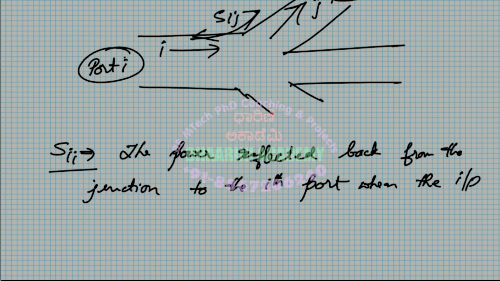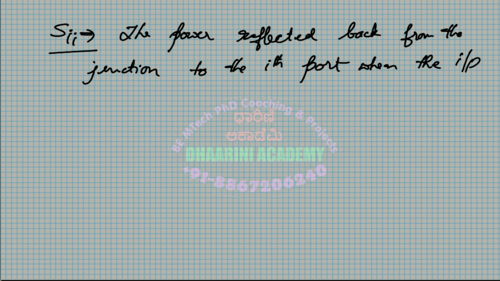That's why it is Sii, like S11, S22, S33, etc. So you give input to port number 3, and when you give input to that port, how much power gets back to the same port from the junction is that. So when the input is given to the same port,